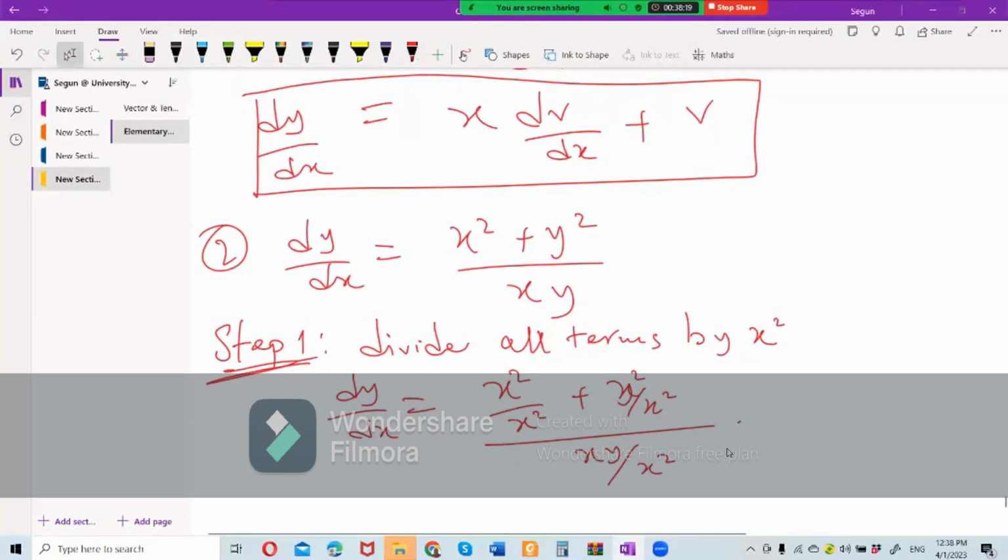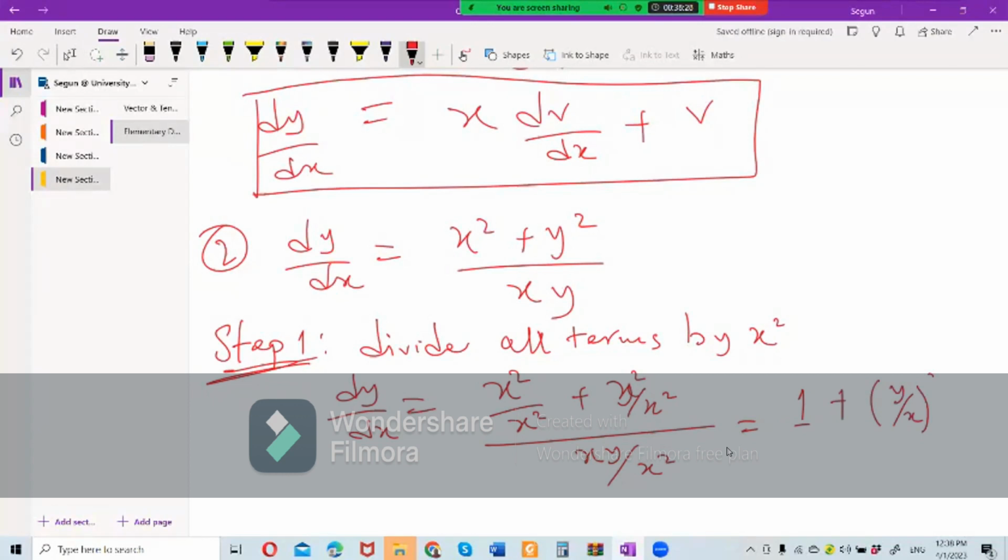So what do we have? At the end of the day, we have 1 plus y over x all squared divided by